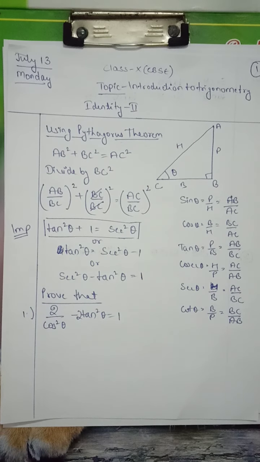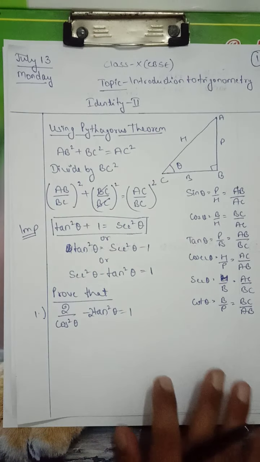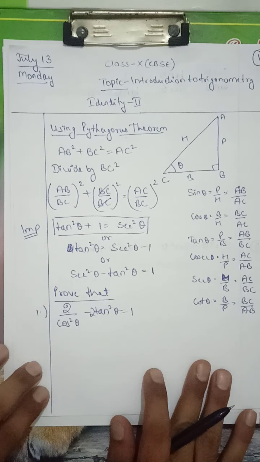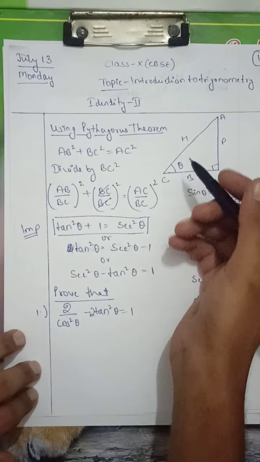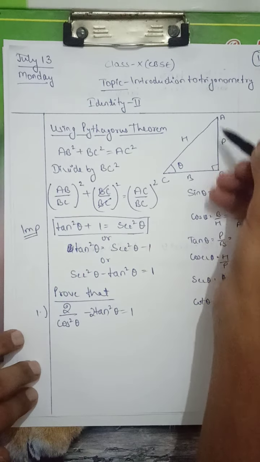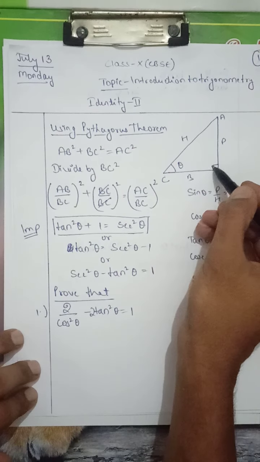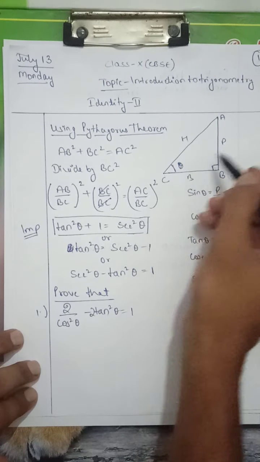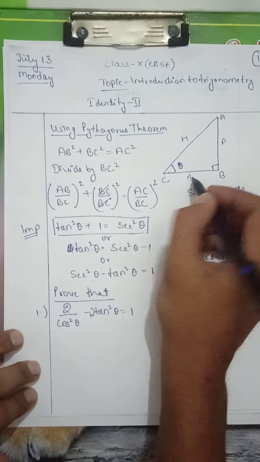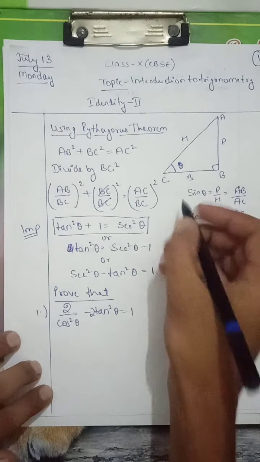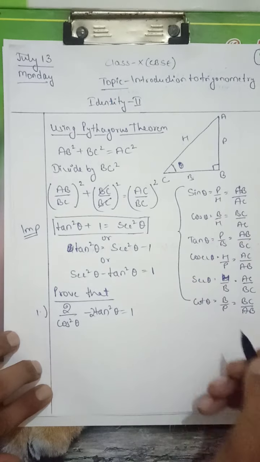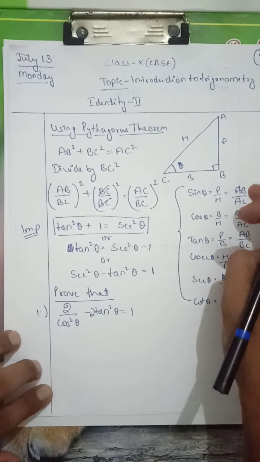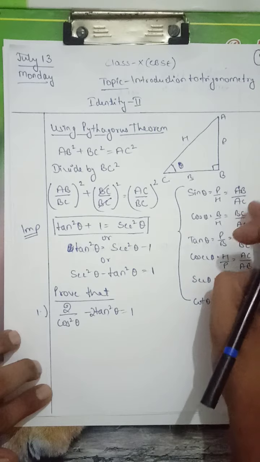Good morning, class. Today we are going to discuss the second identity in trigonometry. We will start with the same thing, a triangle ABC, right angled at B, and this angle is theta. For this angle theta, this will be perpendicular, this will be base, and this will be hypotenuse. These things, sine theta is equal to P upon H, you already have written, keep that in front